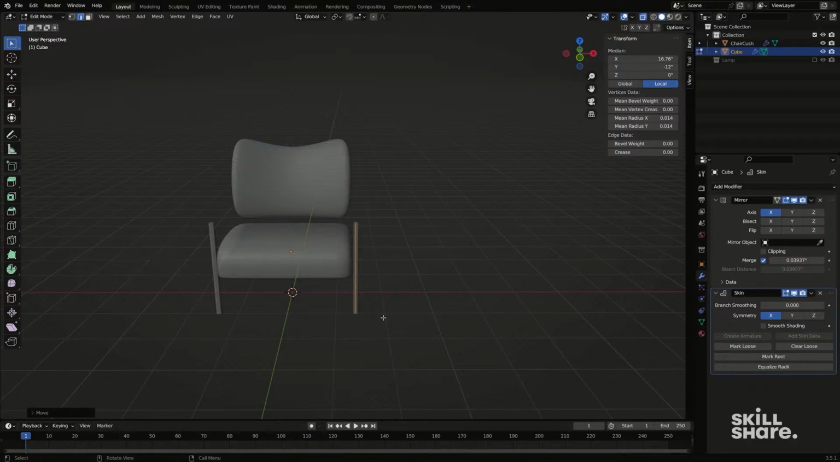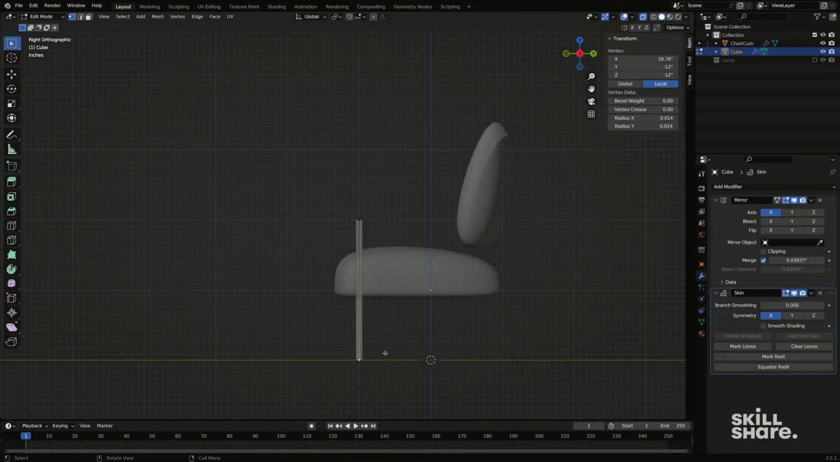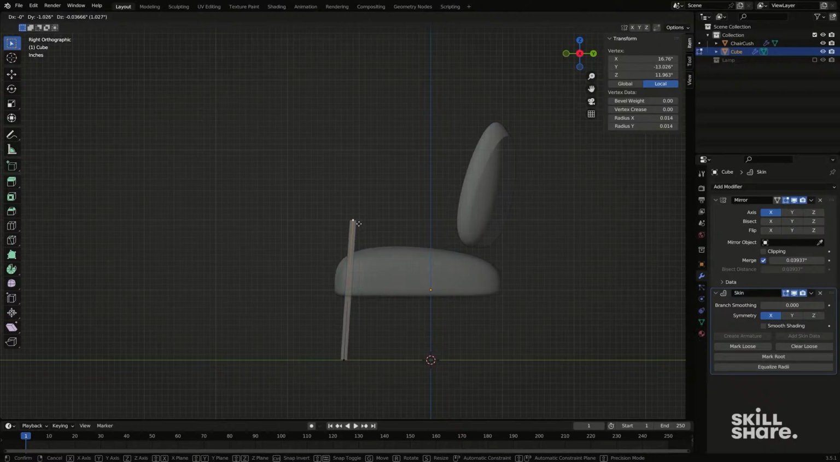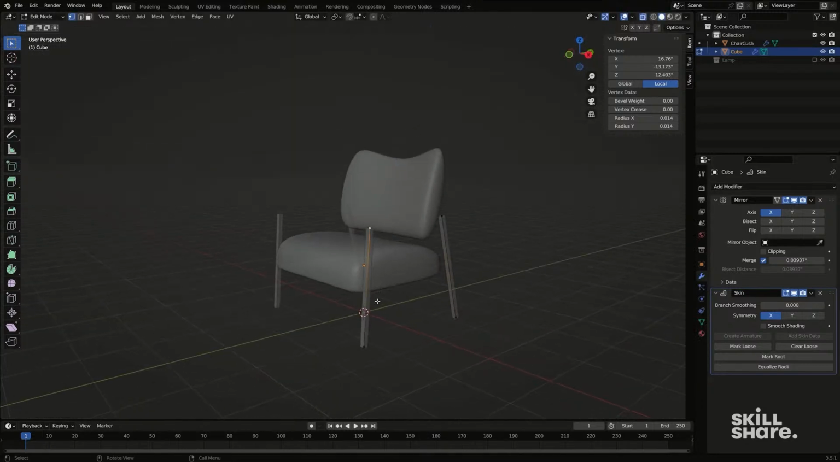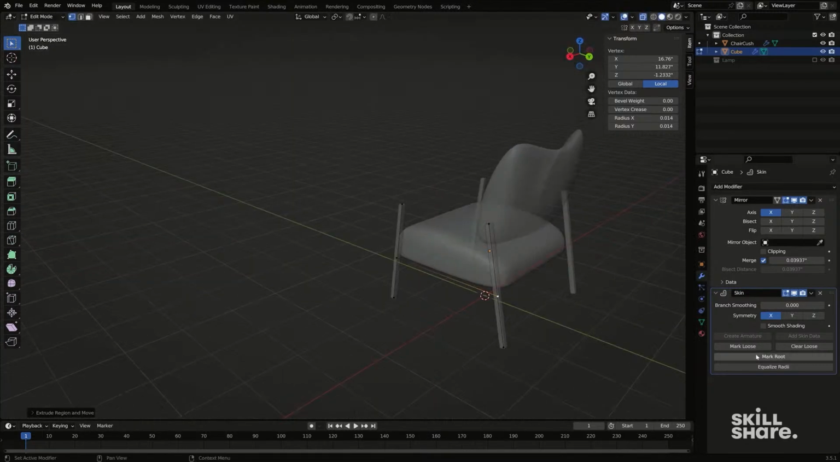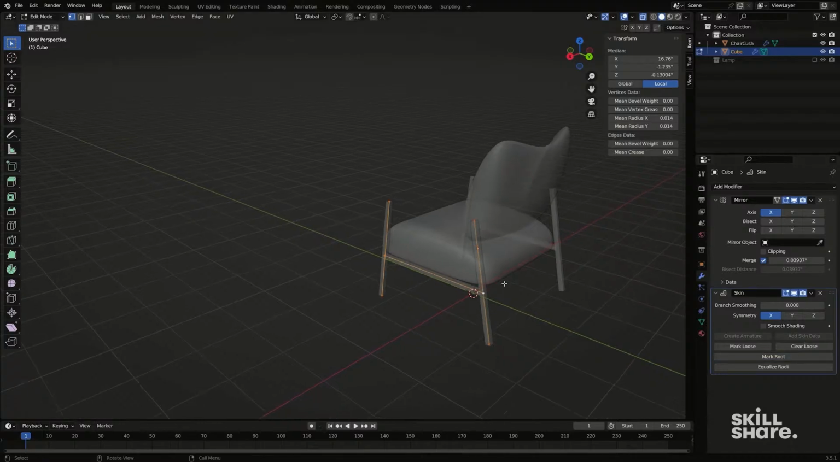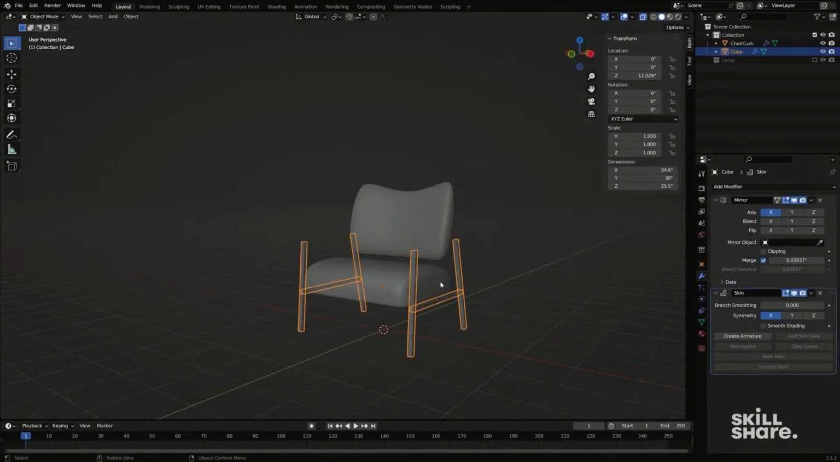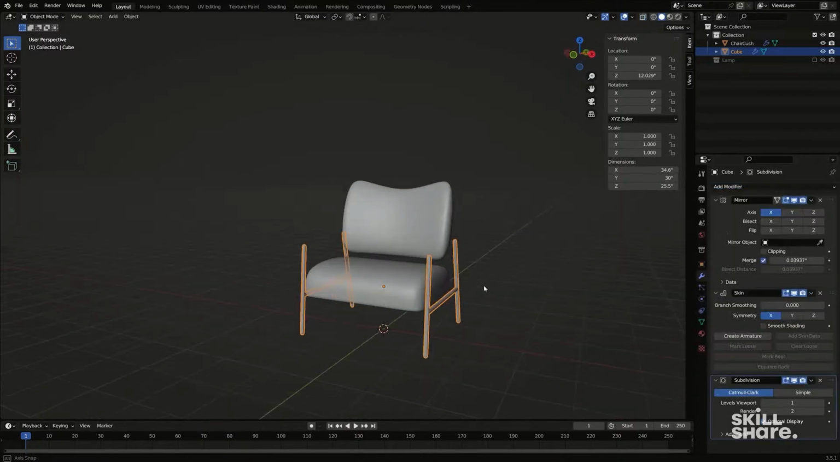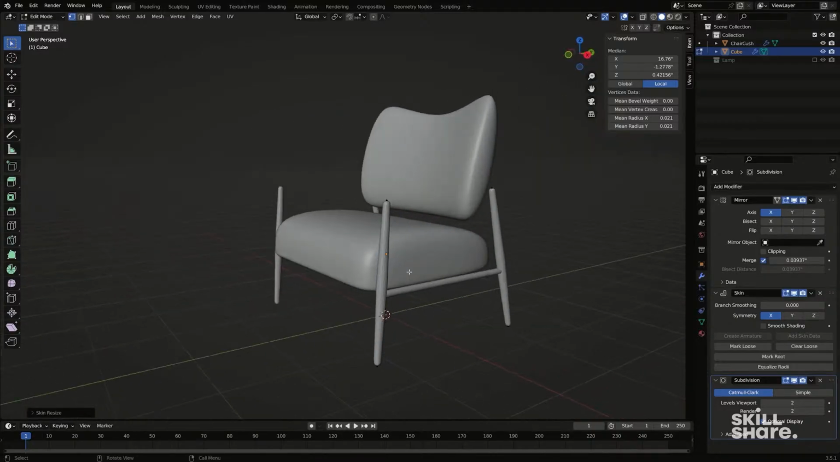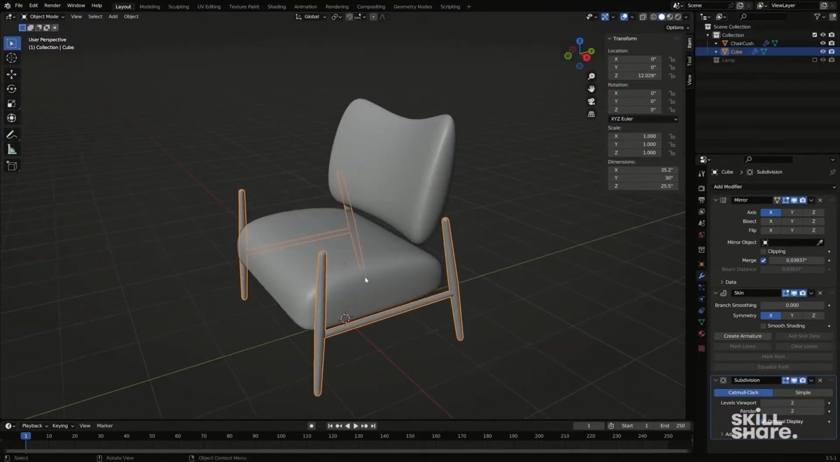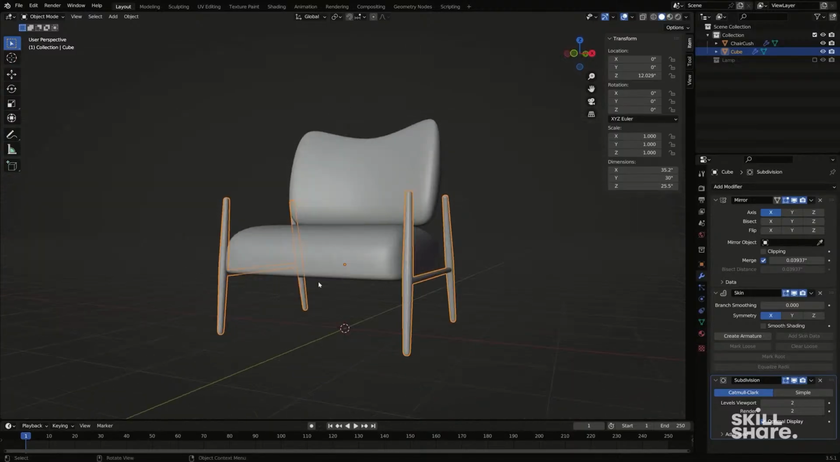So let's just move this over and let's rotate things, move them around until we have a nice shape for our chair. And so we have a little bit more of a mid-century style shape there. So that's looking good. Now I'd also like to create some arms and maybe some crossbars in the front here,